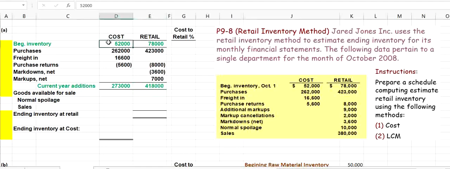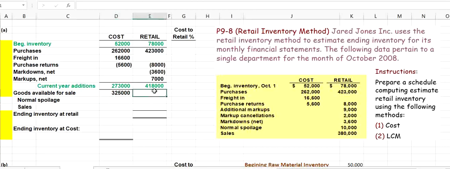Now at the start of the year, this was the value. At cost we had inventory of $52,000, and during this year we had a net increase in inventory worth $2,73,000 at cost. So the total inventory that we have right now, which is available for sale, is how much? For that I would do 52,000, which was already available at the start of the year, and during the year 2,73,000 worth more inventory came to the business at cost. So the total we have is $3,25,000.